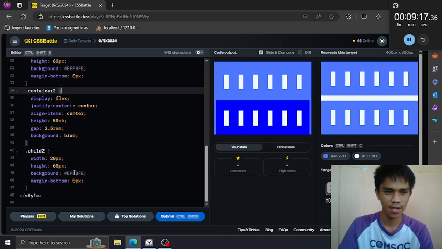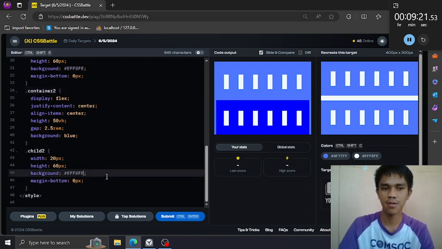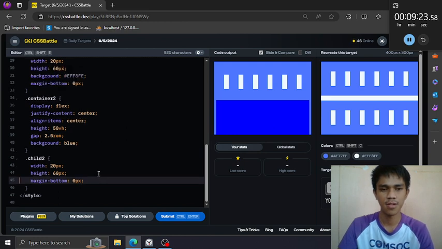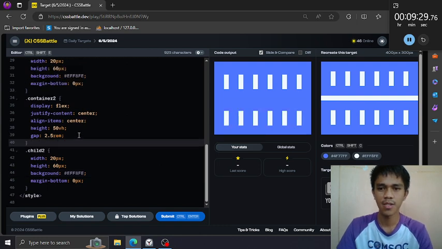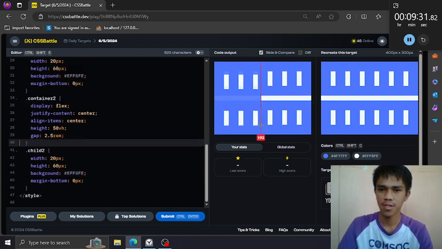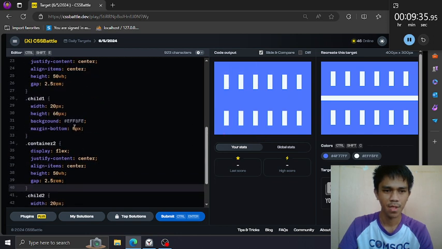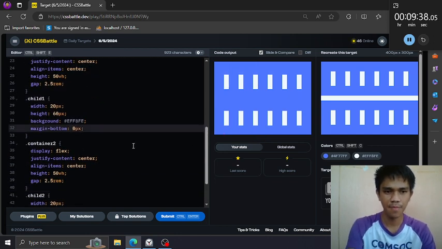Okay, remove the color because we already know the second container is existing. Oh, mistake, the color here, container, and yeah, push this to the bottom top.